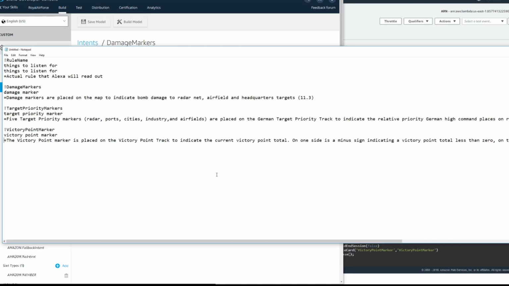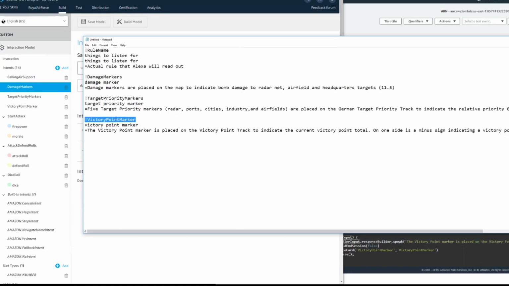This is the name. Let's map this real quick. Victory point marker, you remember this thing before the exclamation point? That maps to here. You see target priority markers? That maps to here. So it's critical that you put something meaningful in here after your exclamation point. It's critical because it's going to be in a list of 100 different things, and you want to make sure that you can find target priority markers. Because if you name this howdy howdy, then you're never going to be able to find the target priority marker. So don't name it howdy howdy.